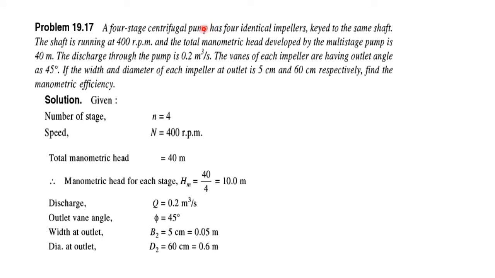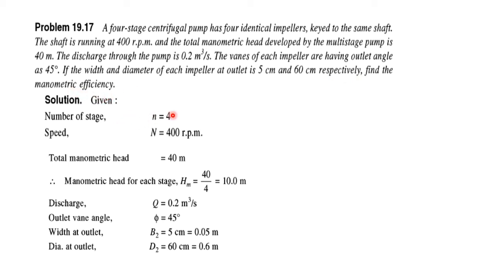Second question: a 4-stage centrifugal pump has 4 identical impellers keyed to the same shaft. The shaft is running at 400 rpm and the total manometric head developed by the multi-stage pump is 40 meters. The discharge through the pump is 0.2 meter cube per second. The vanes of each impeller have outlet angle of 45 degrees. If the width and diameter of each impeller at outlet is 5 cm and 60 cm respectively, find the manometric